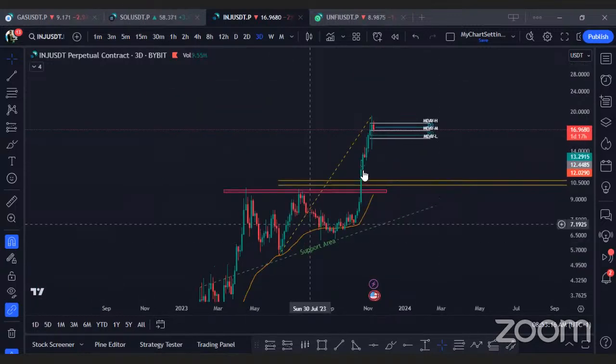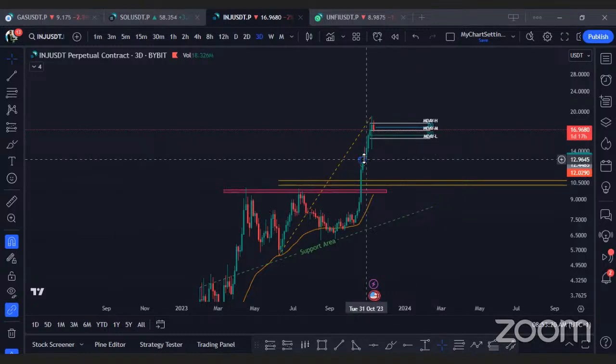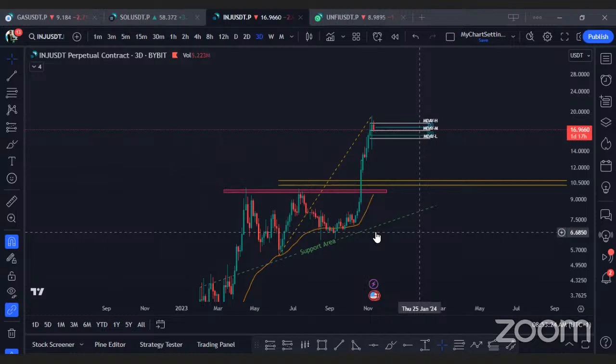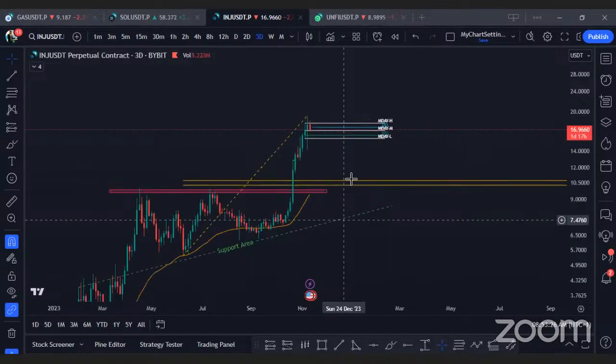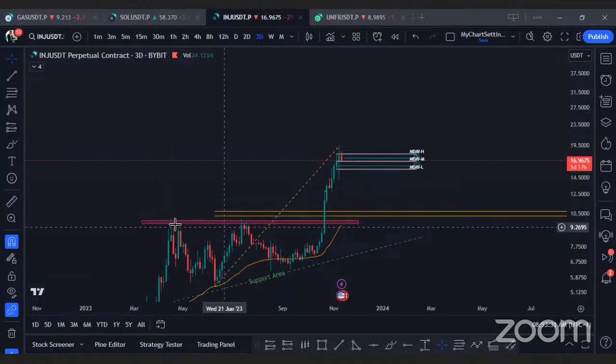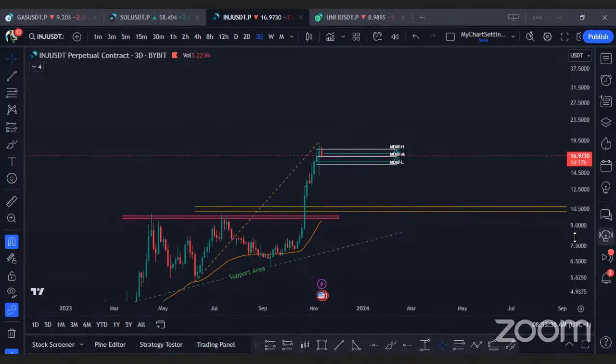And then here I was hoping that we'd come have another leg at that trend line before we continue to move up, which didn't play out, right? So I don't know if this one will come back to that trend line and continue to move, but we do have this resistance level here, which should be serving as a support. And that is lining up with our golden pocket level. So for INJ,